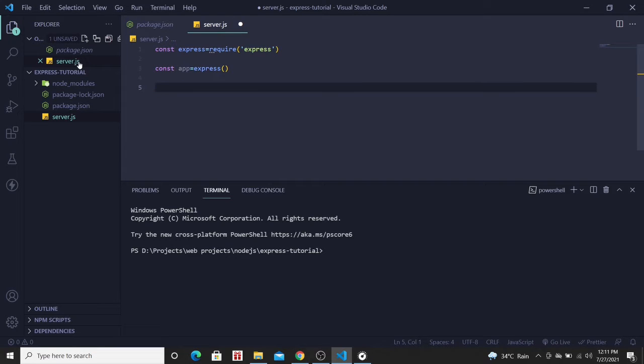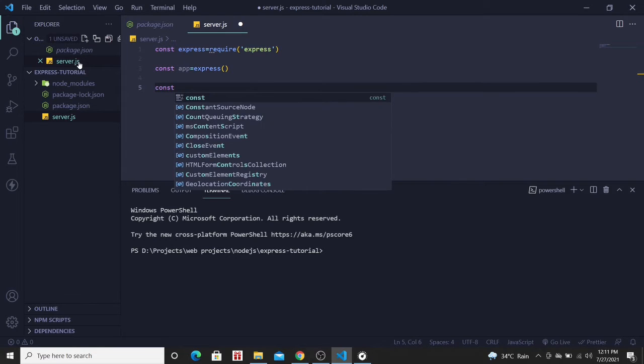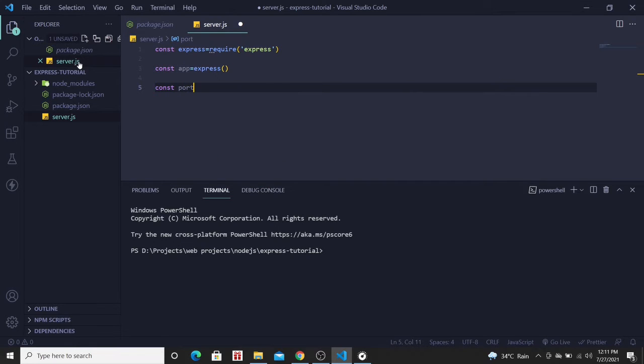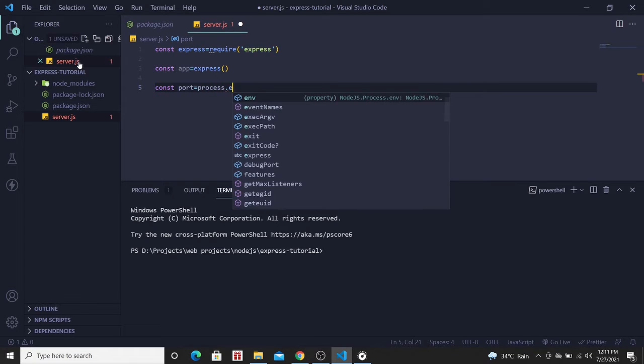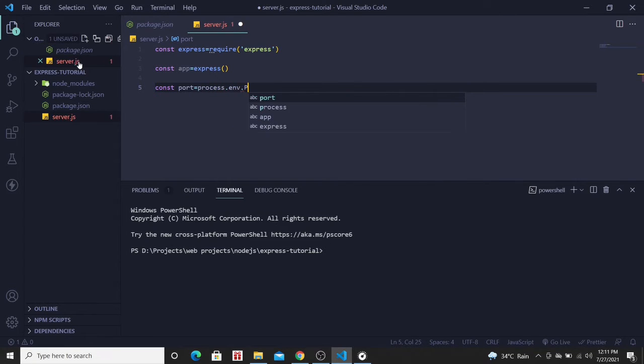Next we will need a port at which we are gonna serve our server. That means our server will be listening to that particular port. So we will define this variable port, and in case of production we will be given this port number in the variable process.env.PORT.